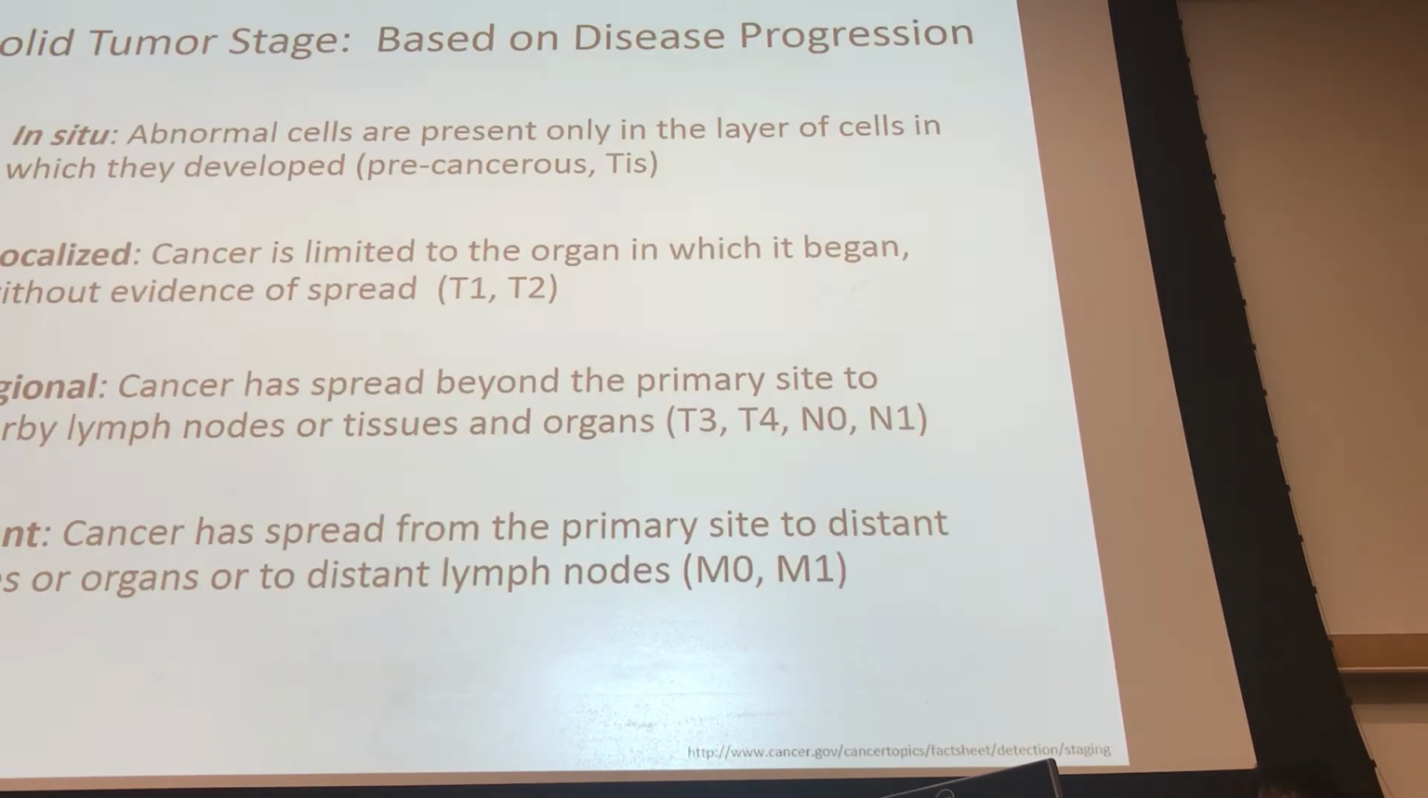All right. So we're talking about staging. We can stage the tumors based on disease progression. So in situ is when it's precancerous. So this is going to be that the cells are proliferating abnormally, but they're only in the layer of cells where they developed. So at this point, if we go back here,